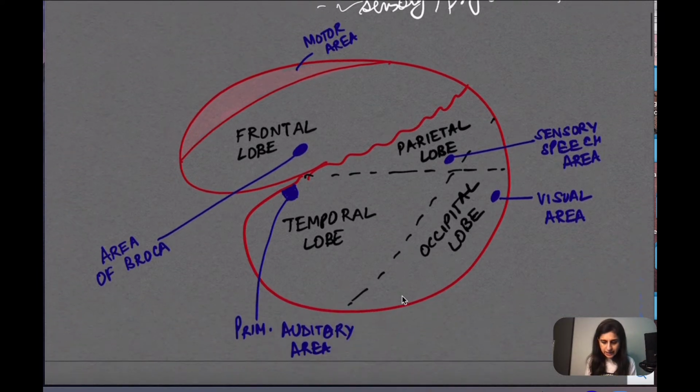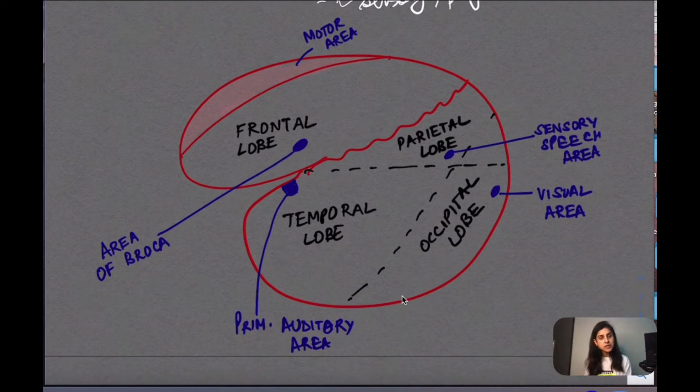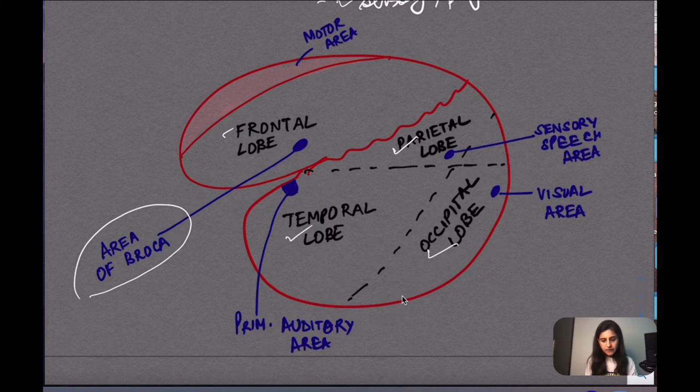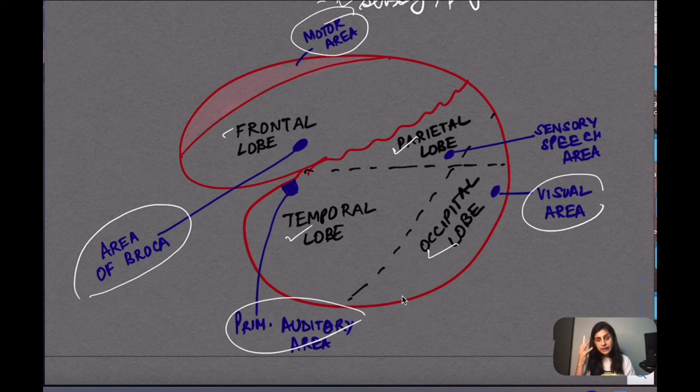So now this is, let's say, in the brain, these are so many areas involved. So we have the frontal lobe, we have the temporal lobe, the parietal lobe, the occipital lobe. Now each of these lobes, they have very important areas within them. For example, the motor speech area of Broca in the frontal lobe. Even there are motor areas that are present here. ठीक है. Then temporal lobe में auditory areas हैं. Occipital lobe में visual area है. Parietal lobe में then sensory speech, Wernicke's area जो है, that is present here.